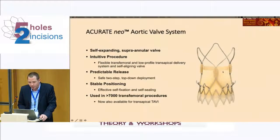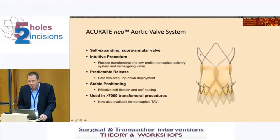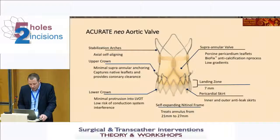gradient with such a configuration, but also you need to be aware of the design, because it's obvious that the commissure posts here are not covered, not fenced. So there's no cage around those, so you should not overdo it with post-dilatation, otherwise you could rupture the commissures here. So the landing zone, or the sweet spot, is around a 7 millimeter pericardial skirt, and also this version